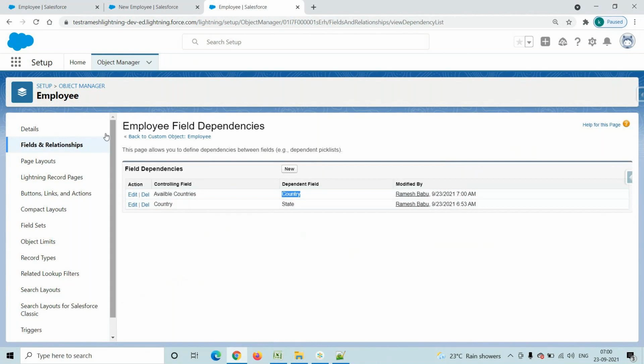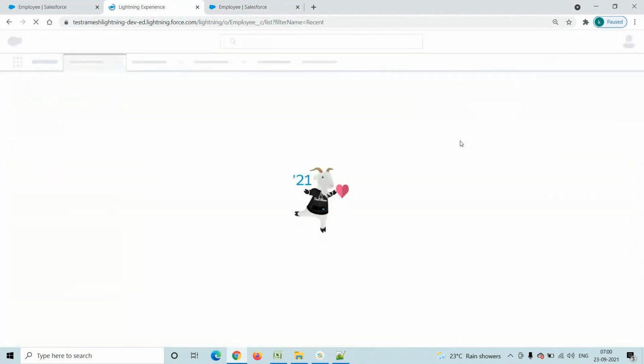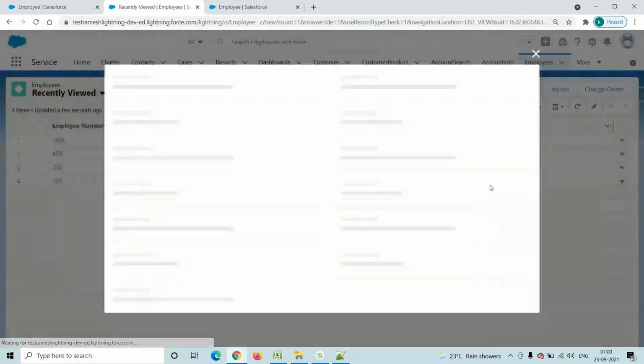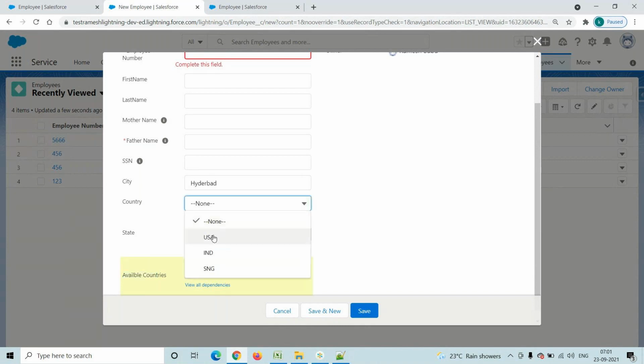Now go to the front end, which is nothing but a tab. Go to the tab level. We will verify whether it is created properly or not. Click on this new button. See here, first of all there is a field dependency between country and state. Now again we created a field dependency between available countries and country. Click on this checkbox. Now USA, India, Singapore, right?